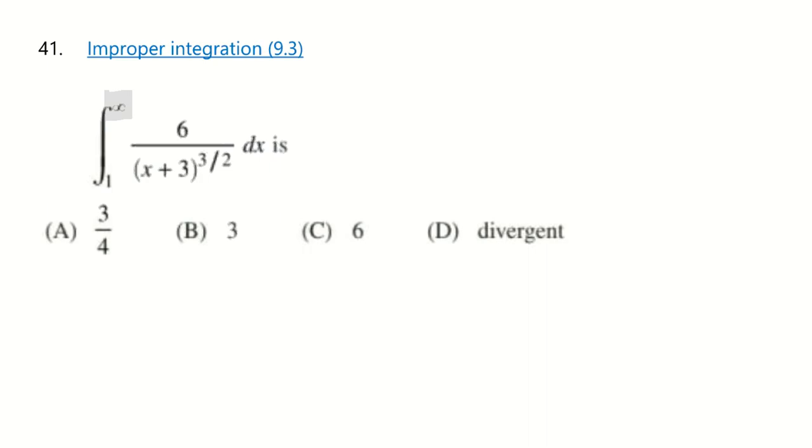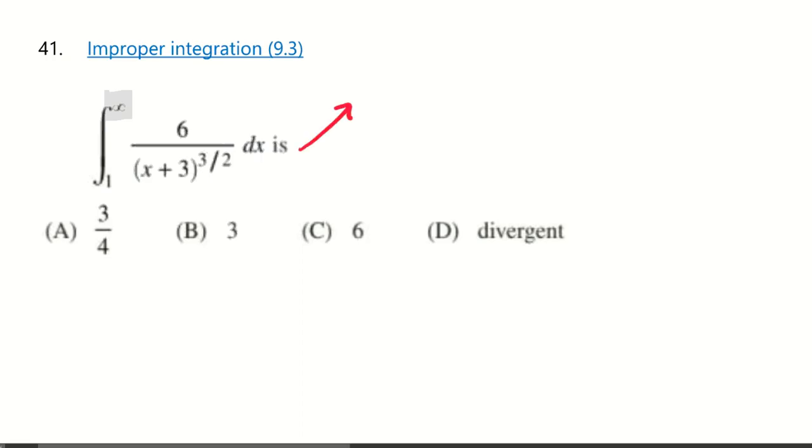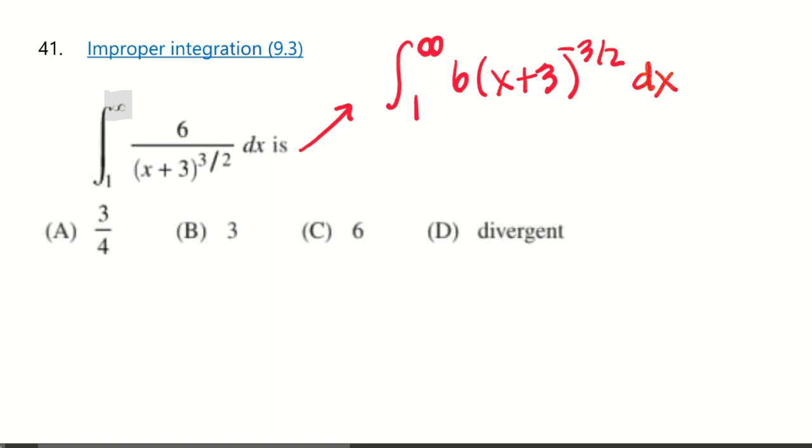But if this was free response, I'm going to show you how you would need to present your answer in order to get the credit. Okay, the first thing we need to do, hey, we've got a fraction here. We need to rewrite it so that we can antidifferentiate. This is going to be the integral from 1 to infinity of 6 times x plus 3 to the 3 halves, but the negative 3 halves power because it's in the denominator. So I'm going to antidifferentiate by kind of like adding 1 to the power